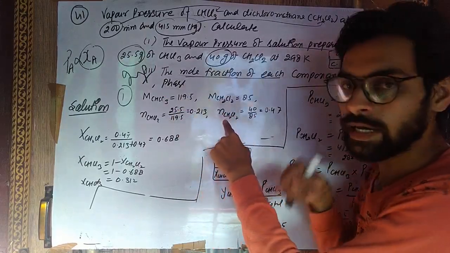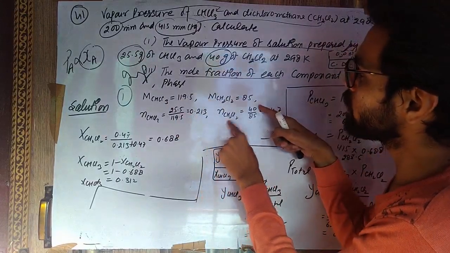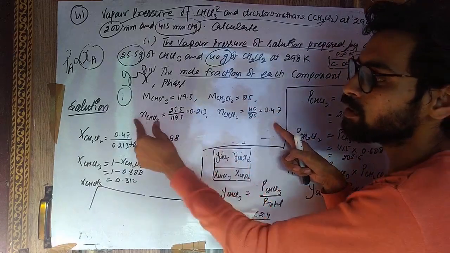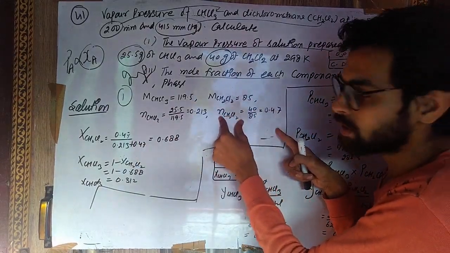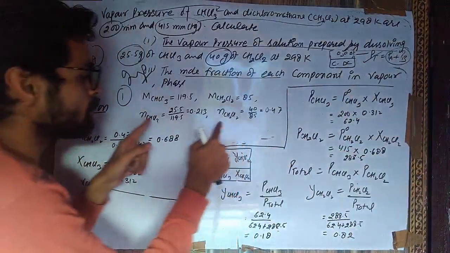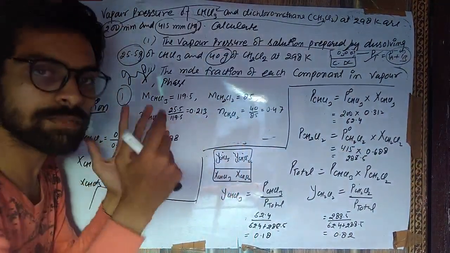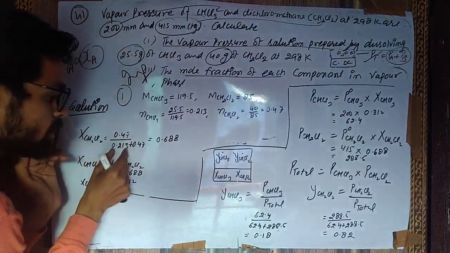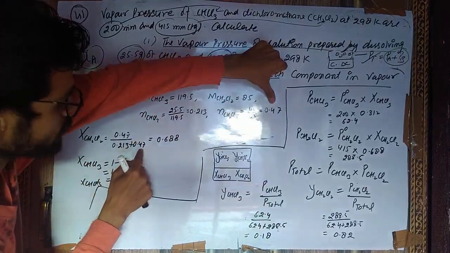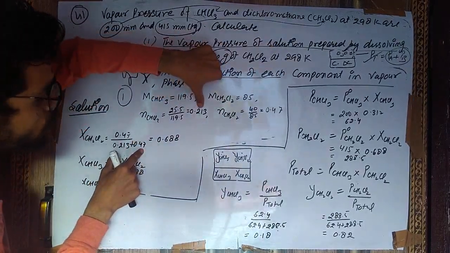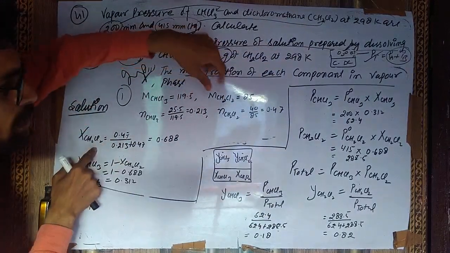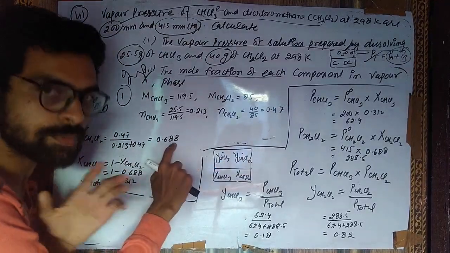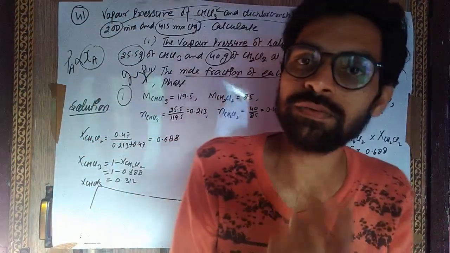Now component dichloromethane given amount is 40 and 40 will be divided by molecular mass 85, so 0.47. So this is the moles of chloroform and these are the moles of dichloromethane. So first of all we will calculate the mole fraction of chloroform. So mole fraction of chloroform क्या होंगे? Moles of chloroform upside and moles of both component downside. Okay, देखो 0.213 and 0.47 on downside and 0.213 on upside, where these are the mole fraction of dichloromethane. Here I am calculating the dichloromethane. This one 0.688 and we know that mole fraction of each component is equal to 1.